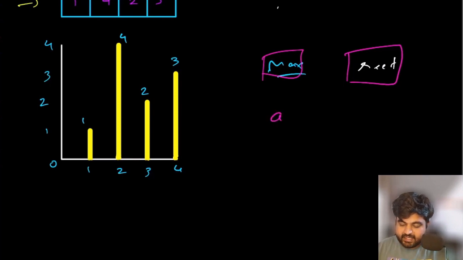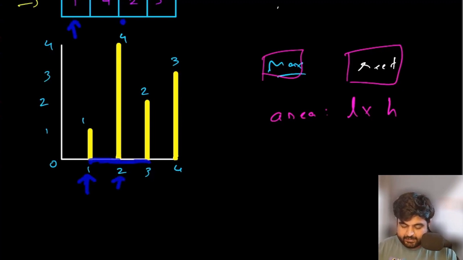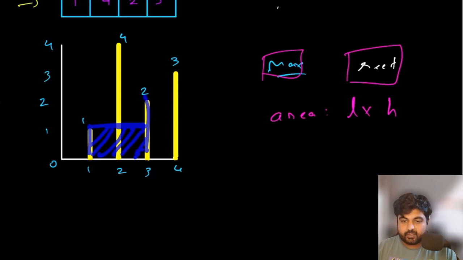Now what is the area formula for a rectangle? The area is pretty simple. It's going to be length multiplied by height. Now in this case we have a way to calculate the length, and that is through the index values of this given input array. So this indicates what would be the length between any two indices. And at the same time, for height, we are already given the values. But when we are considering the height between any two places, we are going to consider the smaller height as the edge for our container. Now, I hope this explanation makes sense and our purpose also makes sense.